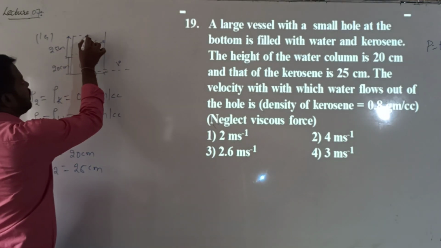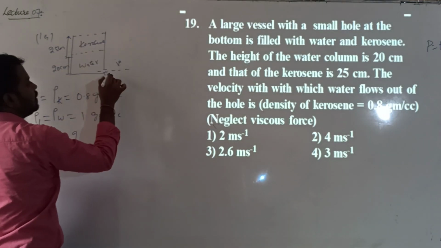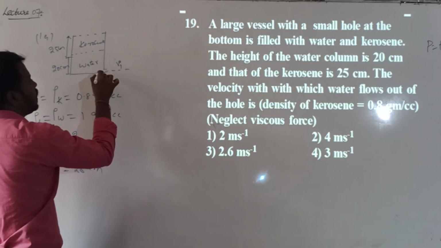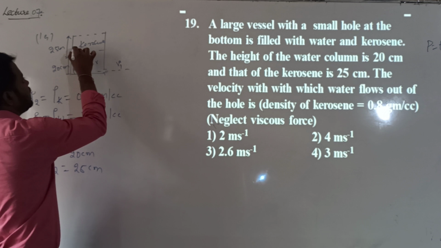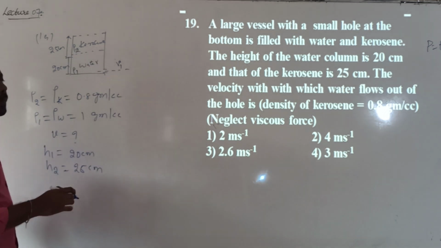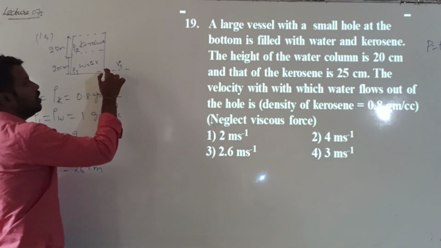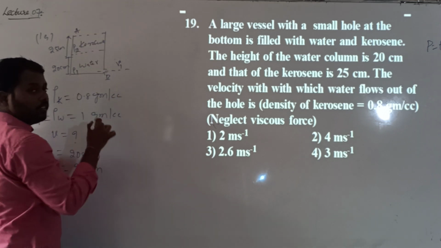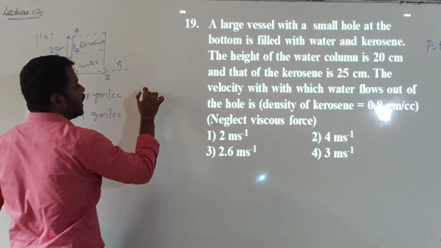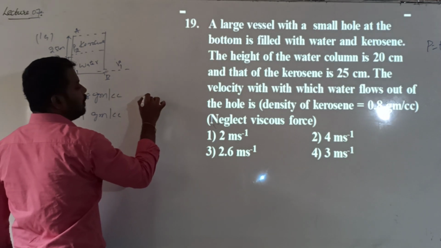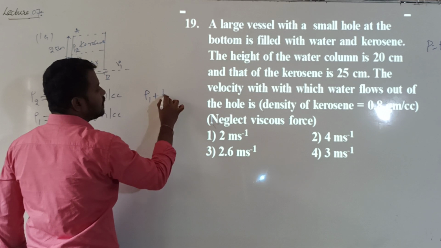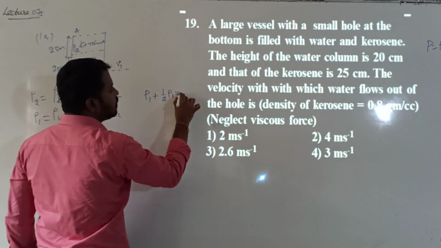So this is the free surface of the liquid. Here it is coming out with a velocity, let me call it V1. Here this density is rho 1, this density rho 2. Applying Bernoulli's theorem for point A and point B. For point B, what can I write? At point B, it has only which energy? Pressure, let me call it P1, plus half into rho 1 into V1 square.